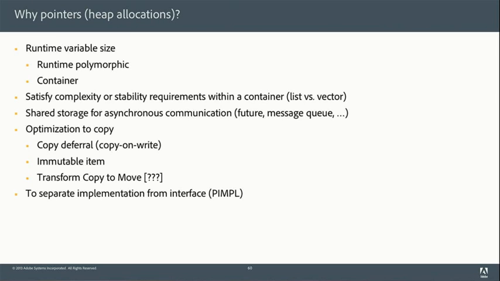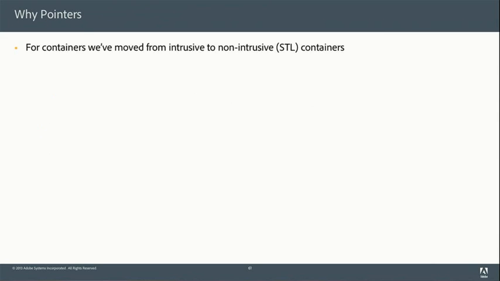You're only going to have one of each item, so you'd like to convert all your copies to moves. One way to do that sometimes is to use pointers. And we'll use pointers to separate interface from implementation. But for containers, we've already moved largely away from intrusive to non-intrusive STL-style containers.